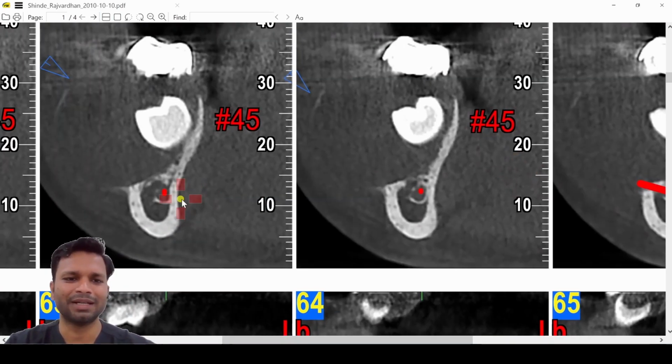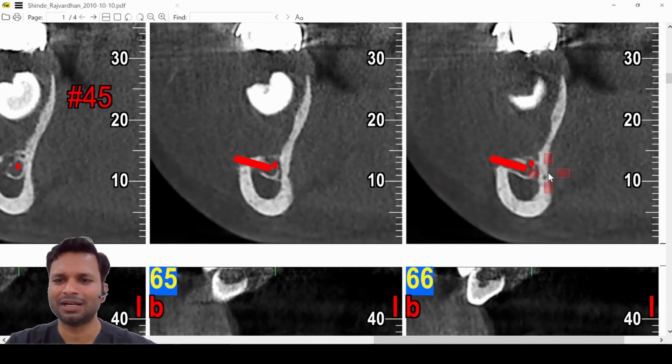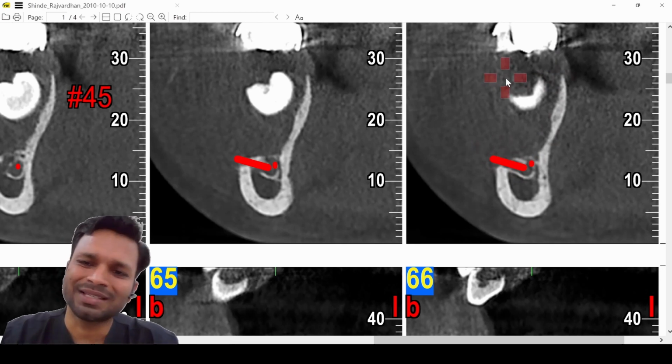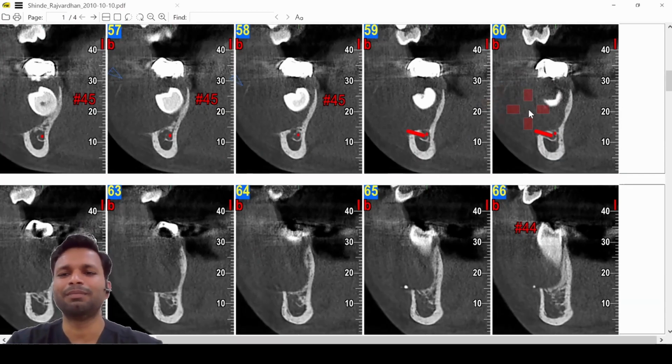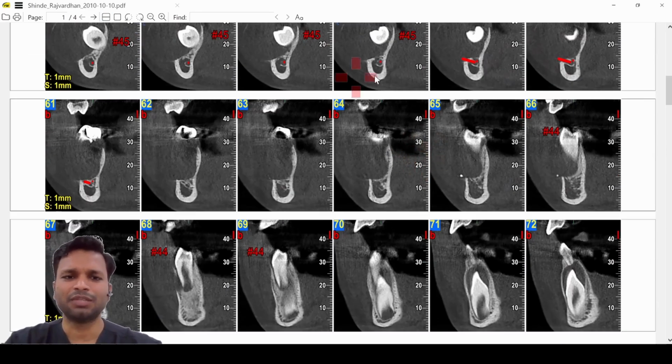As we move further anteriorly, you have the mandibular canal, and then finally the nerve, the inferior alveolar nerve, exits the mandible through the mental foramen. Can you see this? Now here can you see the lesion is also involving the mental foramen. यहाँ पे bone होनी चाहिए थी जो कि resolve हो गई है, right? So you can say that the lesion is involving the mental foramen and the mental nerve. Okay. As we move further anteriorly, you see this